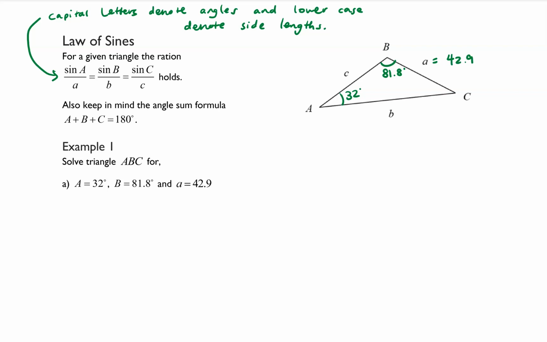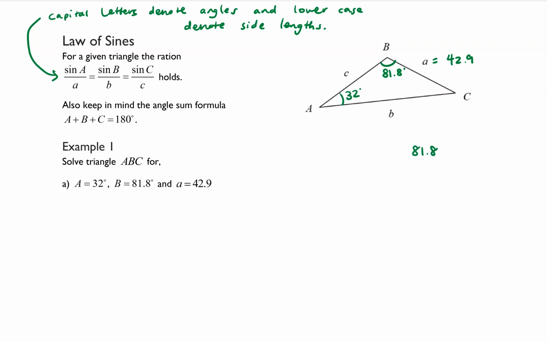And now we need to use this information to solve for the rest of the side lengths and the rest of the angles. Now, we're only missing one angle, and that's angle C,